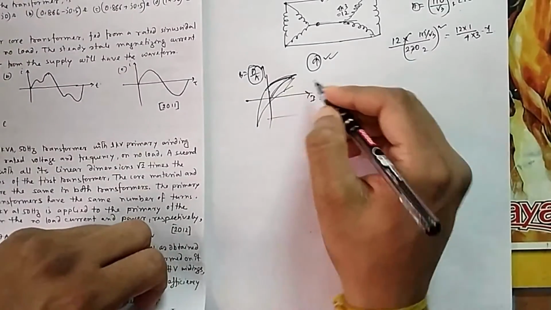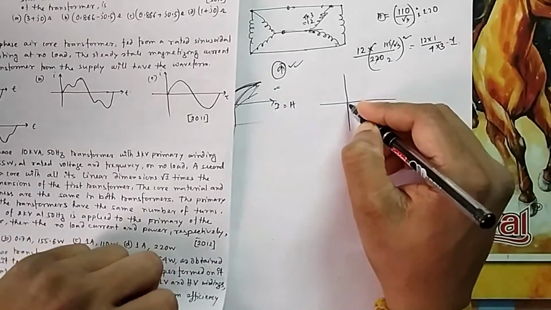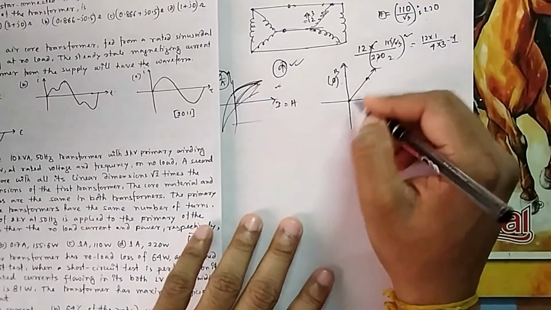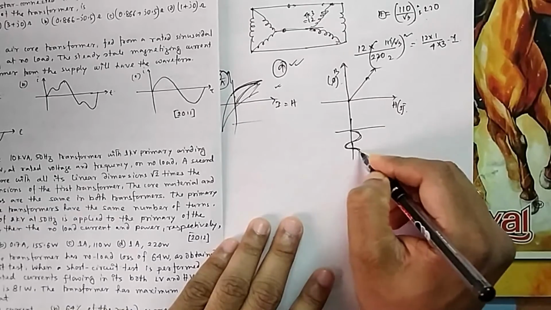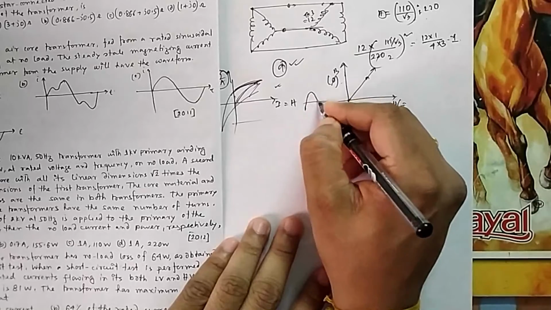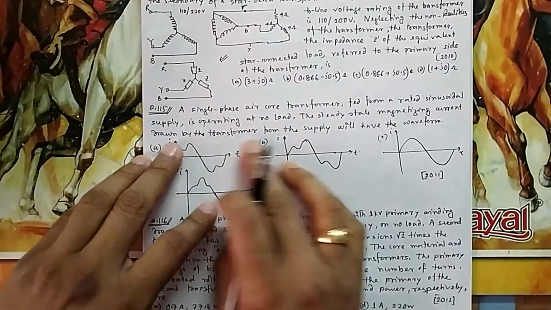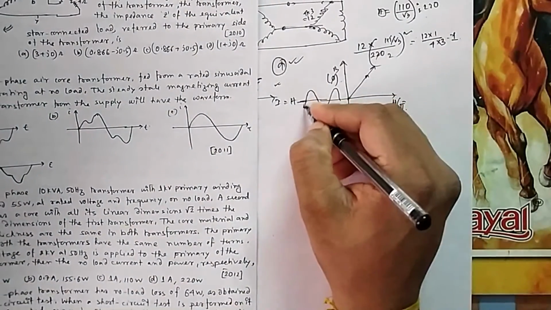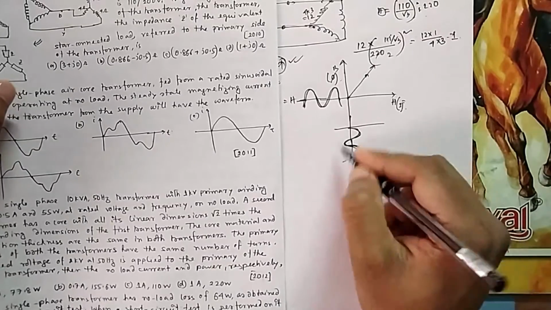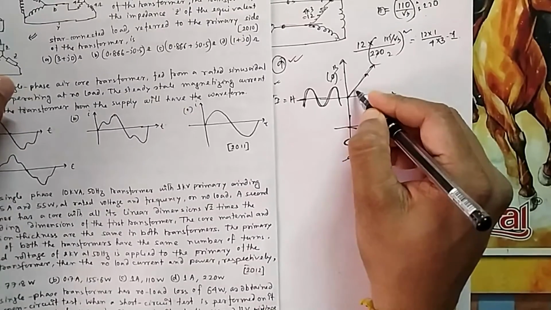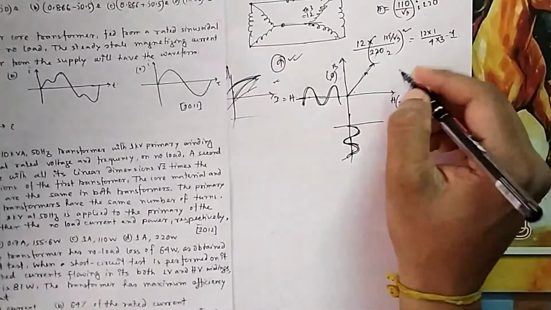So that's why the current shape changes. This is for any other core, but if it is an air core, then there is no saturation and no hysteresis. It is simply a linear BH curve. If you keep on increasing your I, the way you increase your I, which is sinusoidal, your flux will also be sinusoidal, because you are giving a sinusoidal voltage supply. To create this sinusoidal flux, you will take sinusoidal current only, a simple sine wave, because whatever you do in I, the same thing will be reflected in phi. So you can see it will obviously be option C.